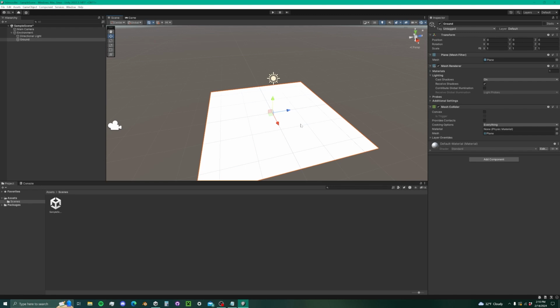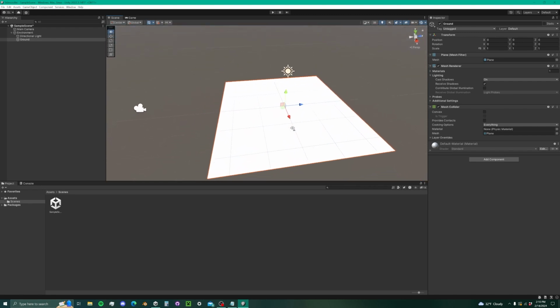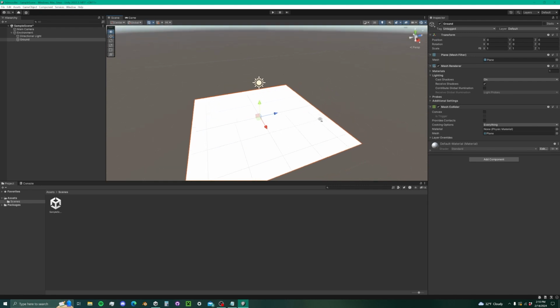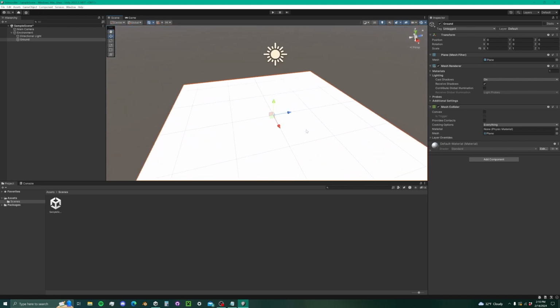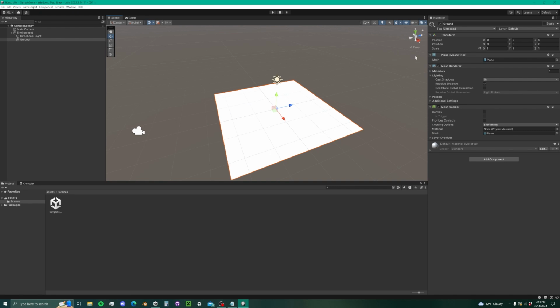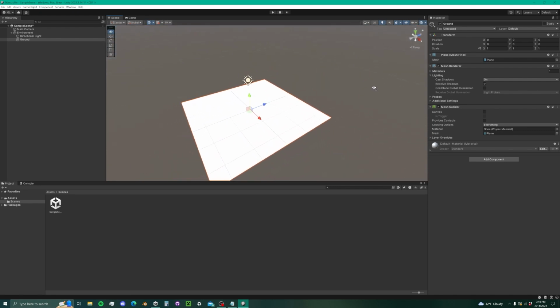Now from here, you have to actually think about design. One of the luxuries of having a 3D space is also the drawbacks, because in a 2D world, everything is flat. You layer things on top of each other, and that's pretty much all of the design work that you have to do. When you have 3 dimensions, you have to worry about angles, and everything gets much more confusing. Up here, we have an axis tool, which shows you the current rotation that you're looking at in the game world, as well as whether or not you're looking at it from a perspective